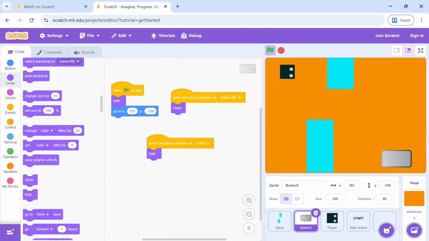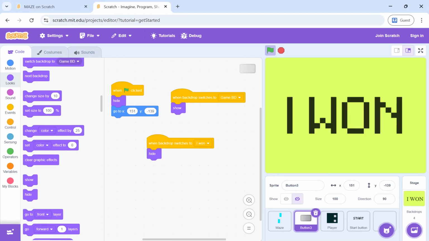If I touch the maze, it takes me to the starting point. So this is how you make a maze game. You can of course add a more complex maze, add more functionality, and add more visual effects and sound to make it more interesting. I have given you a simple basic functioning maze game. I hope you liked it.